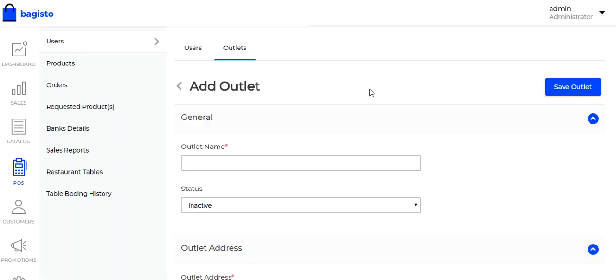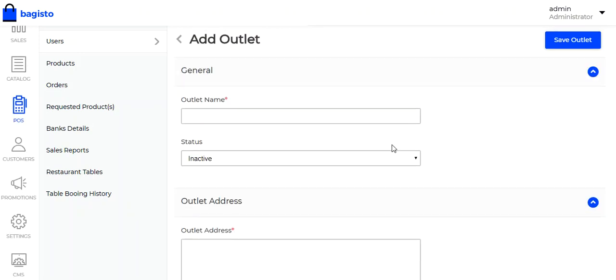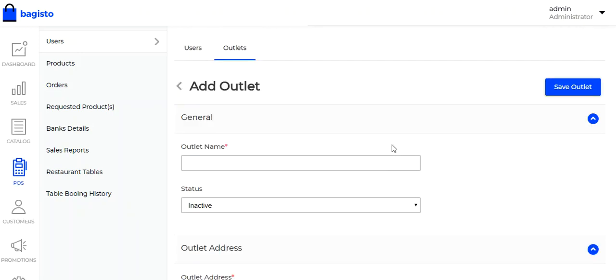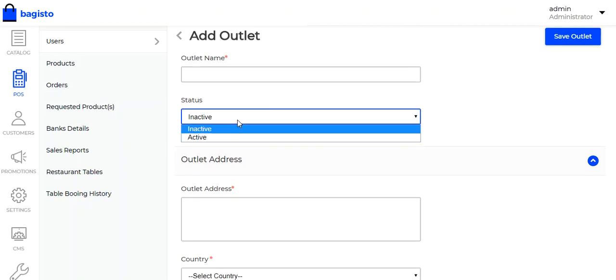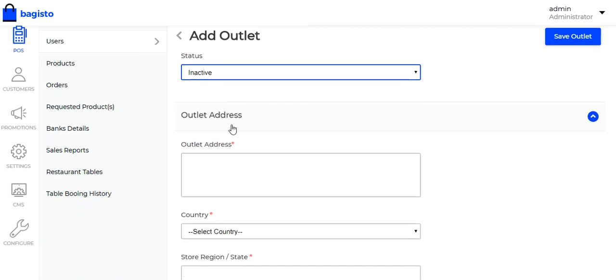After clicking on the add outlet button, the admin will be redirected to another page. On this page, the admin needs to input all the details regarding the outlet, same as the Laravel e-commerce POS system, such as outlet name, status. From here the admin can deactivate or activate the POS outlet.